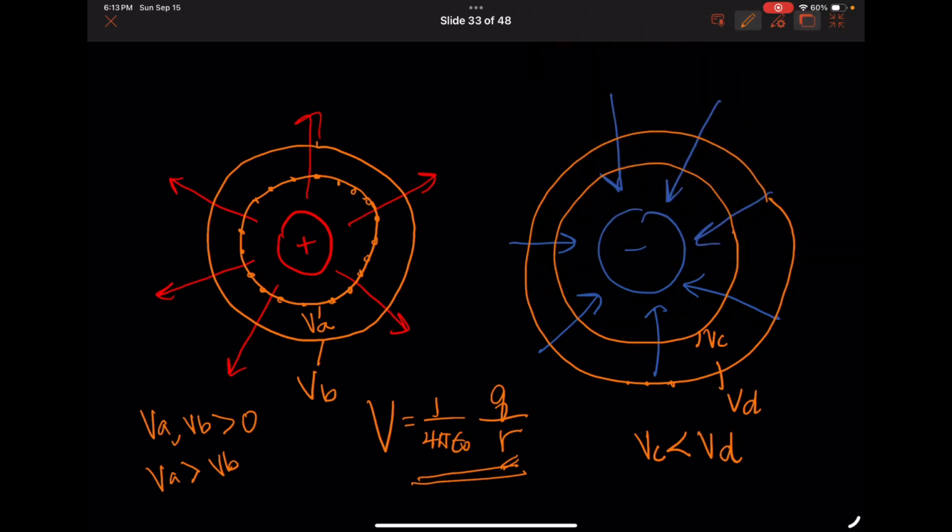Okay, so VC is actually going to be smaller than VD. That's because it's more negative, right? It's going to be a bigger negative number. R is smaller, but Q is negative. So you're just going to get a big old negative number the closer you get. Okay, so that's the relationship